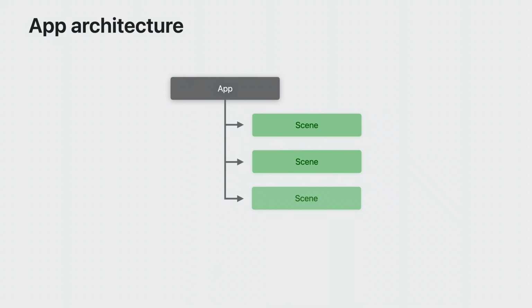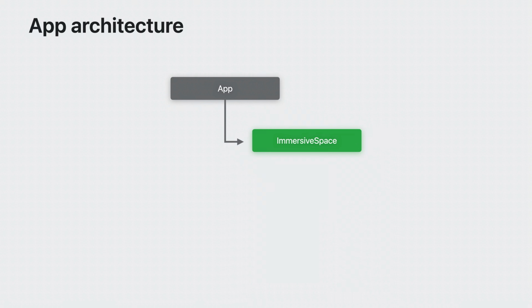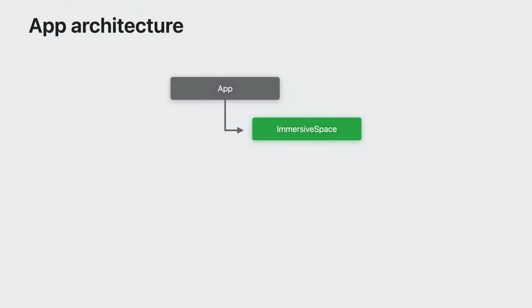You start by creating a type that conforms to the SwiftUI App protocol. To conform to this protocol, you will define the list of scenes in your app. On visionOS, there are three main scene types. The window type provides an experience similar to 2D platforms like macOS. The volume type renders content within its bounds, and it coexists in the Shared Space with other applications. An immersive space allows you to render content anywhere. Whenever you render fully immersive experiences with Metal, you will choose the immersive space type.